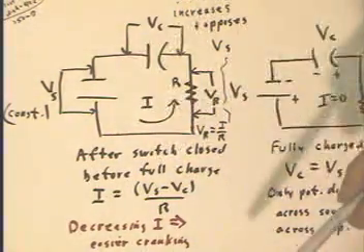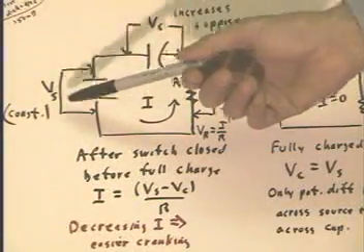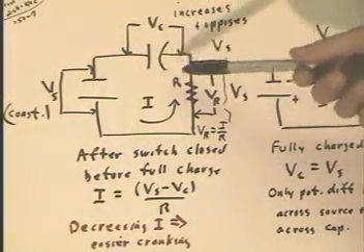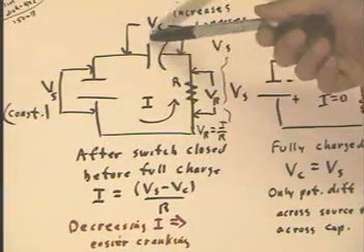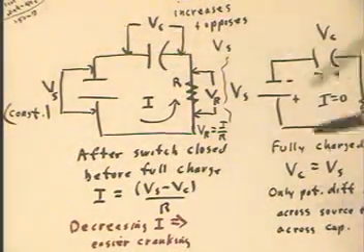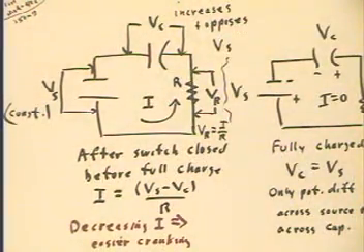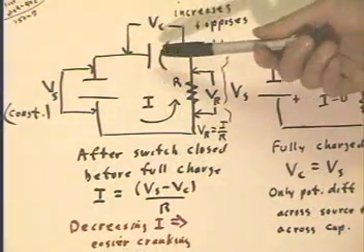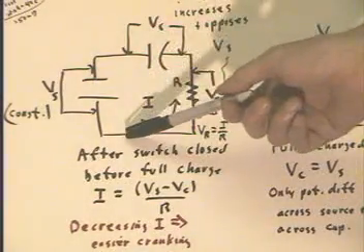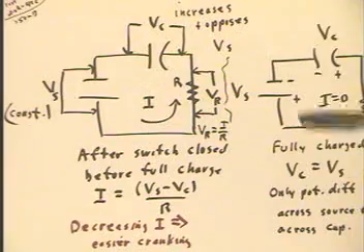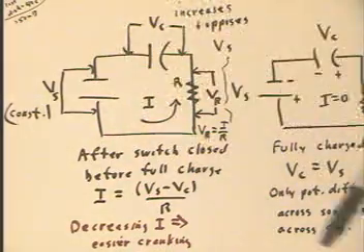If in a circuit we have a constant source voltage V sub S, a capacitance C, which I haven't written in here, but we'll assume the capacitance is C, and a resistance R, then what's going to happen if the capacitor is initially uncharged and we've got a switch somewhere in the circuit and we suddenly close the switch? Well, if we close the switch, we're going to have